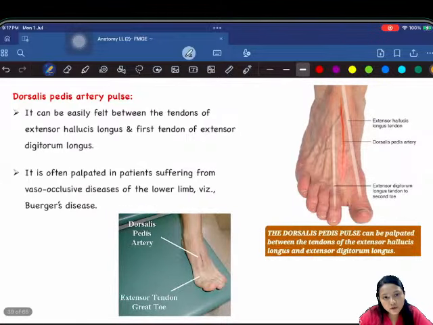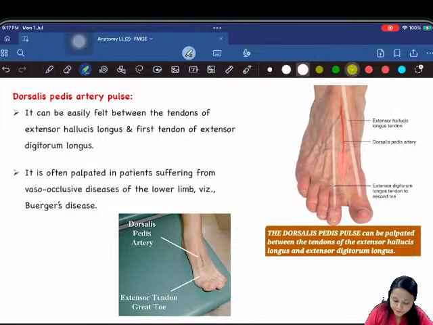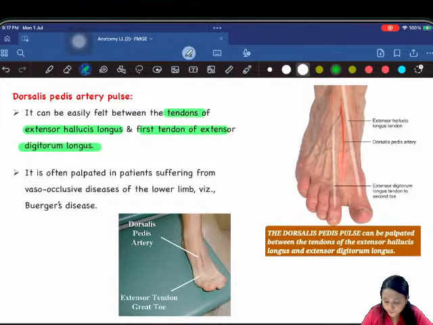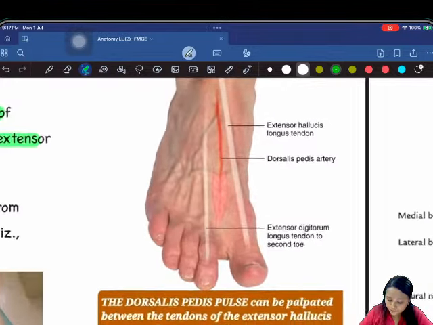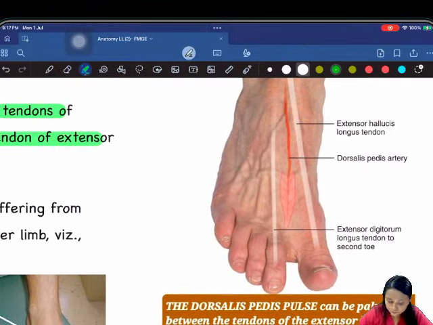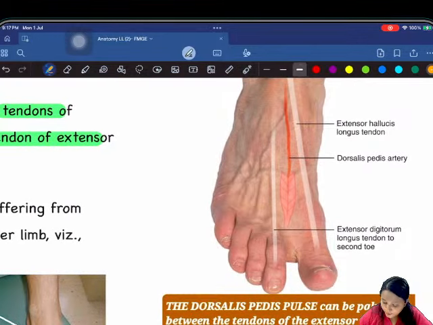Okay, now let us come to the dorsalis pedis artery. Now it is a direct branch from the anterior tibial artery, as you know. Now it can be easily felt between, very important, the tendons of extensor hallucis longus and the first tendon of extensor digitorum longus. Okay? So you can see here in this image, extensor hallucis longus, as the name